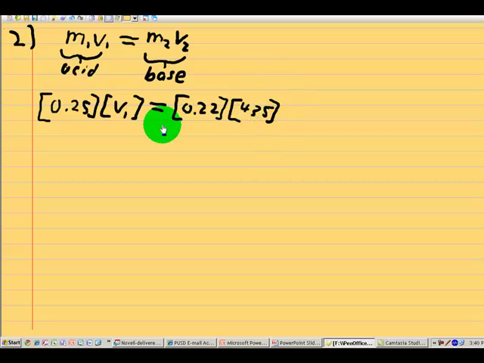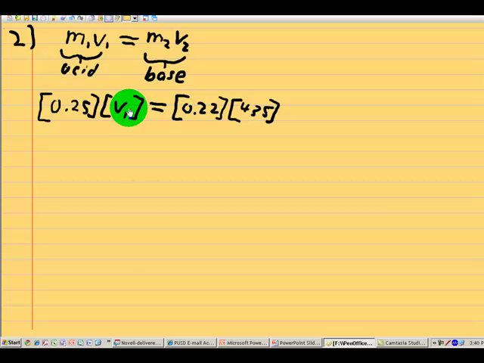What it's asking you is to figure out the proper volume of this concentrated hydrochloric acid so that when you mix it with this amount of base, the two are going to achieve a neutral